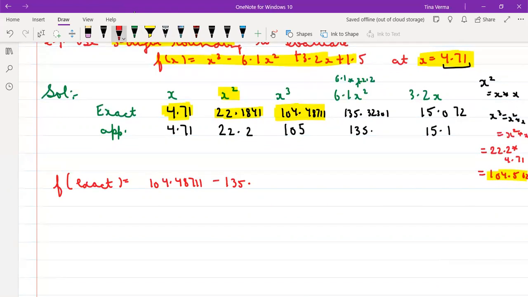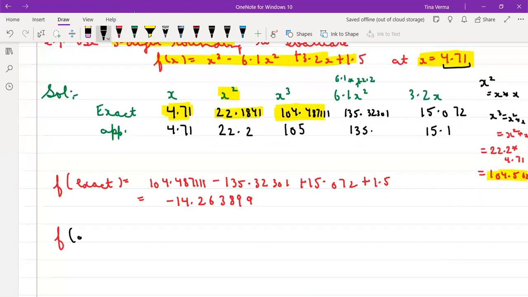So this is 111, right? And this is 135.32301 plus 15.072 plus 1.5. So if you do the calculation, this is coming out to be minus 14.263899. And on the other hand, if you evaluate your f at the approximated value,